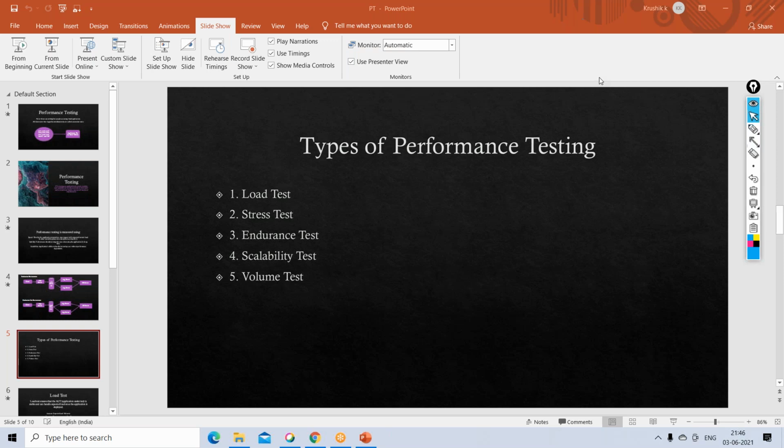So in order to make sure that the requests are coming from different sources or different places, these load generators will be configured at different places.